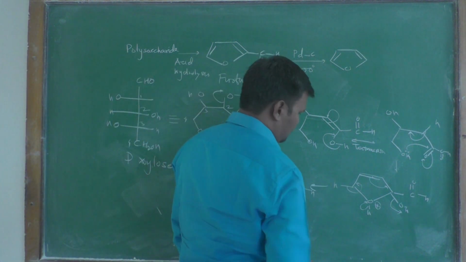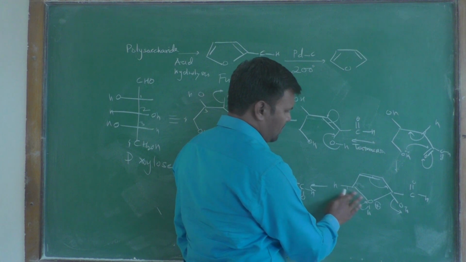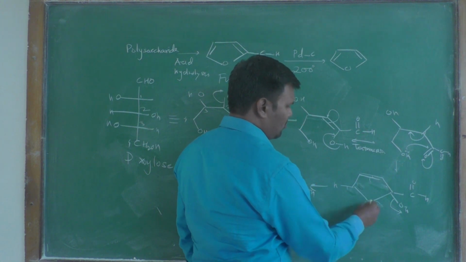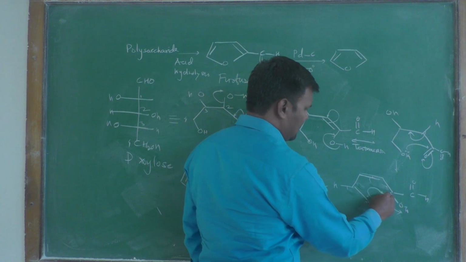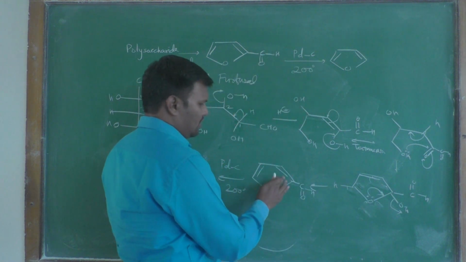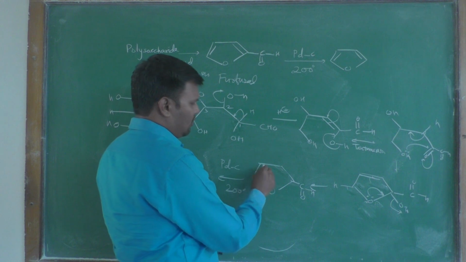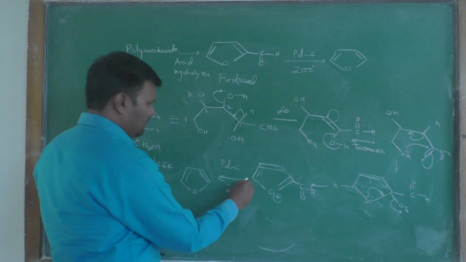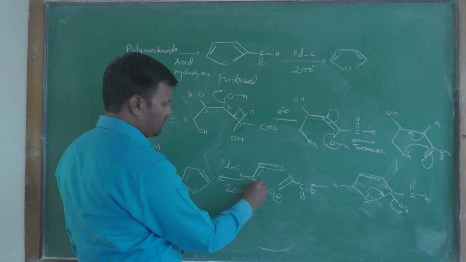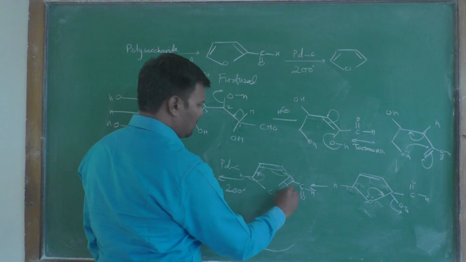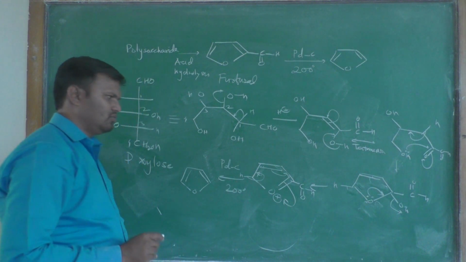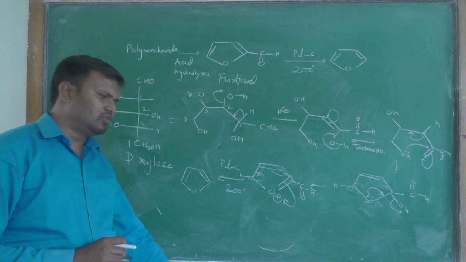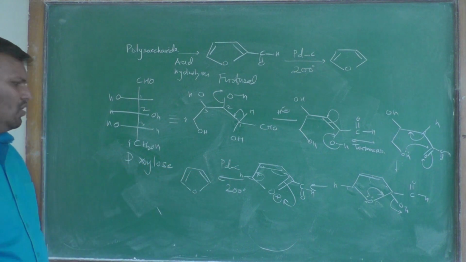In such cases, another type we can also show. This OH, that hydrogen will be removed. The other way, when you do it like that, it is also shown. Second way, positive is there, and then that hydrogen will be removed. Any other type of mechanism we can show is also correct. The first mechanism is correct, and this mechanism is also correct.